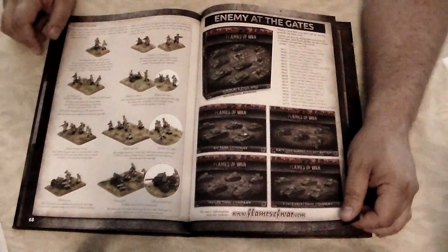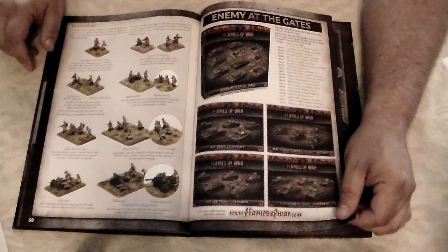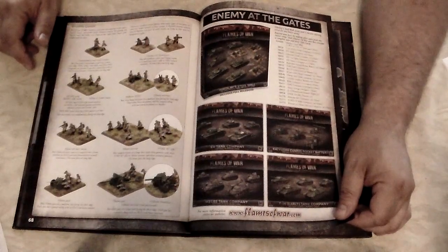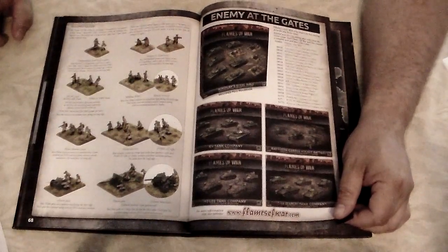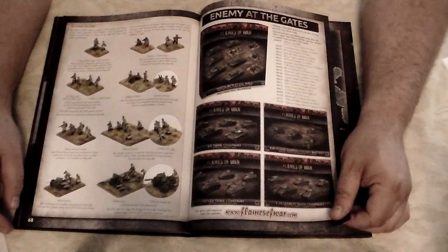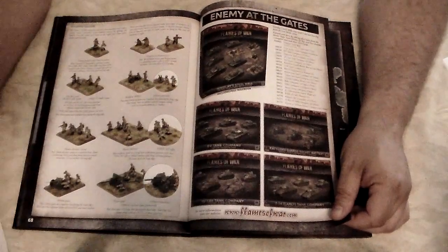Okay, and then as we're getting toward the end here, we have a deal of Nikolai's steel wall, where you get some T-34s, you get some KVs, and you get 4 76mm guns. So it's not a bad force to start out with if you're looking at it that way, but do keep in mind that Stalingrad is a lot of infantry fighting. That's the thing about Stalingrad. But my gosh,